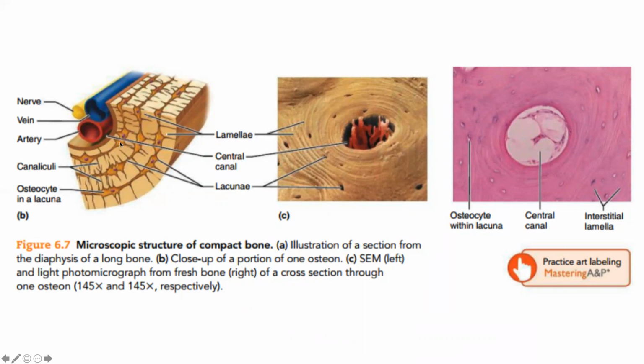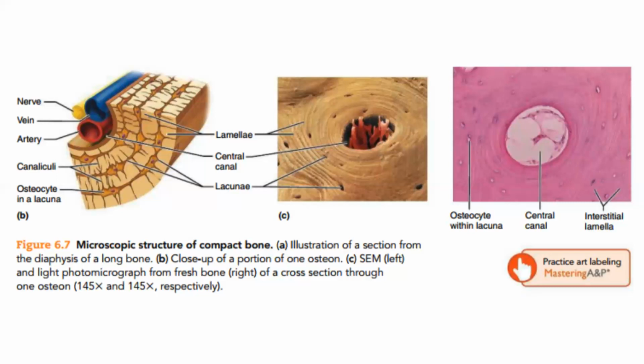Osteocytes are inactive osteoblasts, and they are surrounded in a circular manner by the lamellae. What are lamellae? They are collagen fibers which circulate circumferentially around the Haversian canal to form the